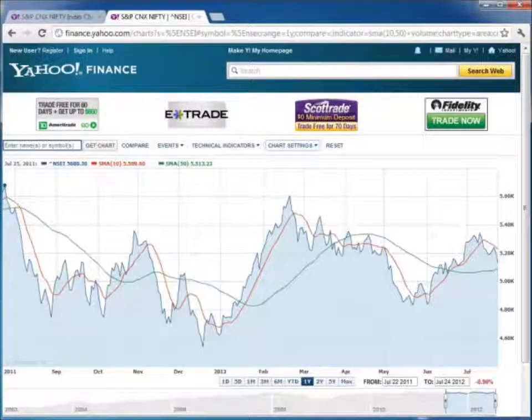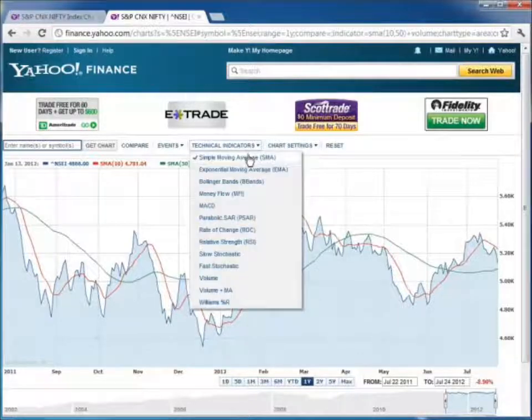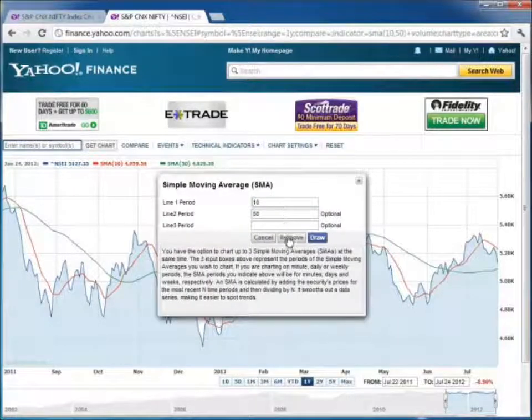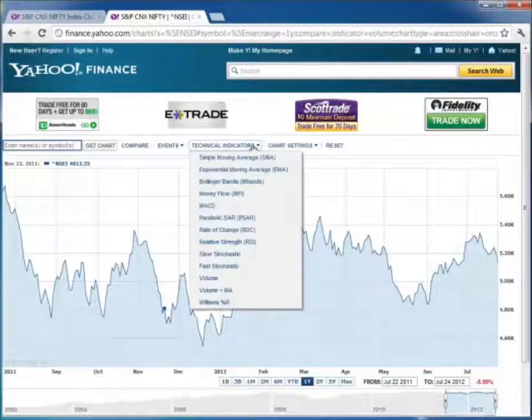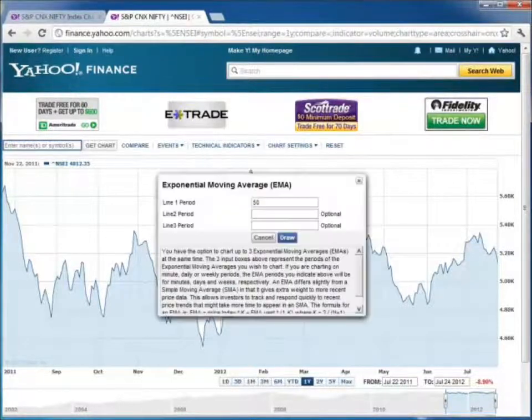Exponential moving average. Here we are back in Yahoo Finance with the same chart that we had before. What I'm going to do is go in here and remove the simple moving averages. Okay, so we're back to a clean chart, and this time we'll plot the exponential moving average, which is also in here. So this is the EMA, and again I can do the same ones. I can do the 10-day exponential moving average and the 50-day exponential moving average. I click draw,